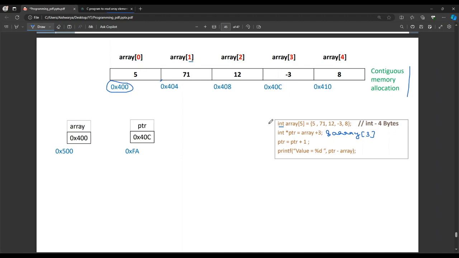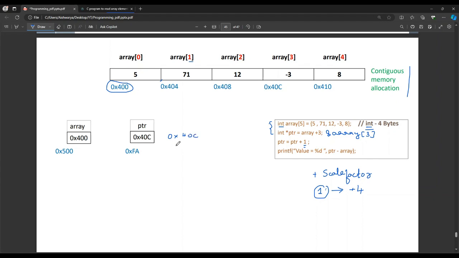So now we have put a visual representation for these two lines along with the address, everything. Now it is ptr is equal to ptr plus 1. As I said, whenever we are dealing with pointer arithmetic, whatever addition or subtraction we do, it is the scale factor. Whenever we say scale factor, it is the number of bytes. So the scale factor: plus 1 is given, so 1 translates to plus 4. Why? Because this is integer. So 0x40c plus 4.